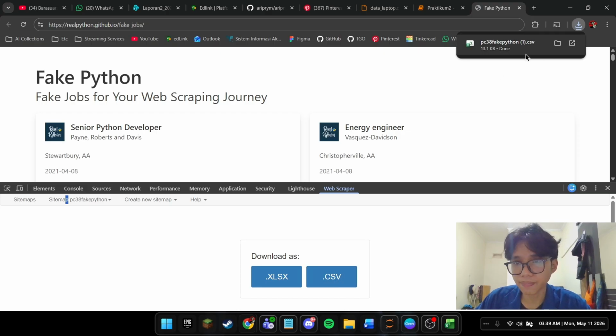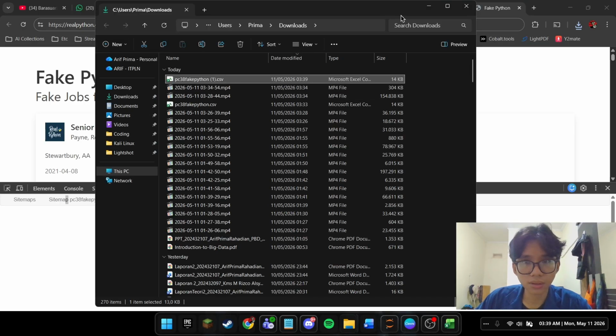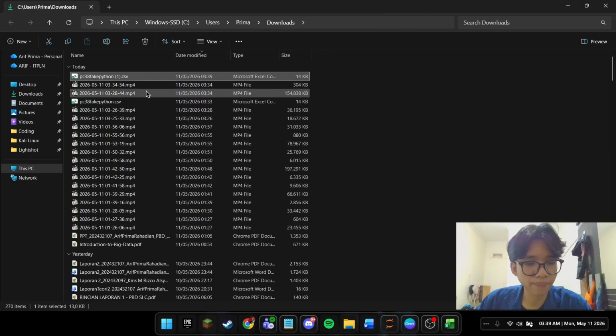The file downloads automatically as PC38 Python.csv with a size of 14 kilobytes. The file name follows the sitemap name I created earlier, making it easy to identify.